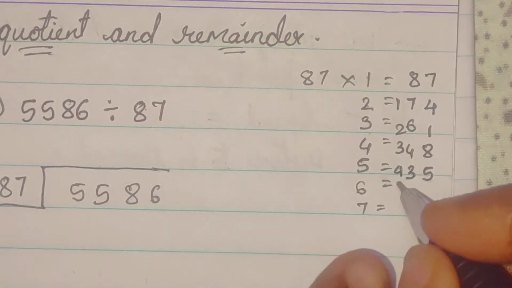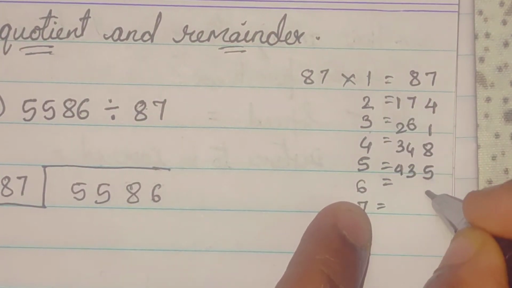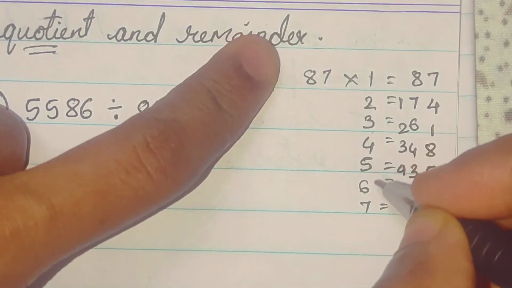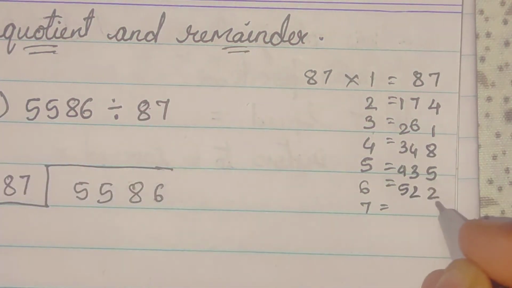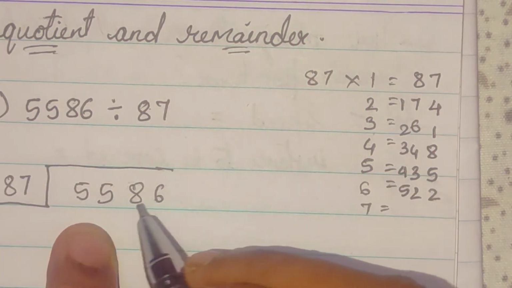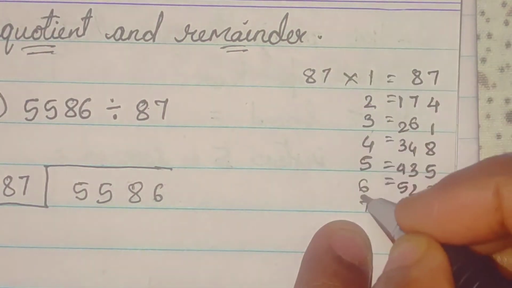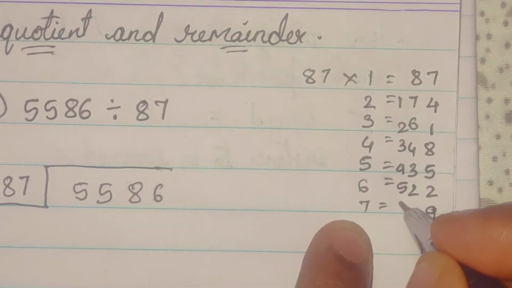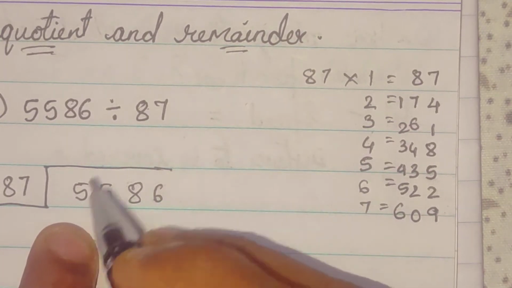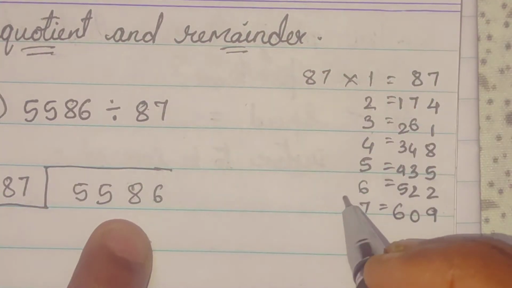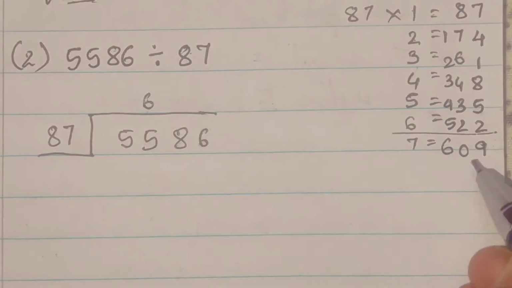Then 6, we need 500. 6 7s are 42, 4 carry, 6 8s are 48 plus 4 52. So 522, we have 558. So और एक करके देखते हैं. 7 7s are 49, 4 carry, 7 8s are 56 plus 4 60, so 609. ये तो बड़ा हो गया. 609 is greater than 558. So we will take this 6 are. So 87 6 are